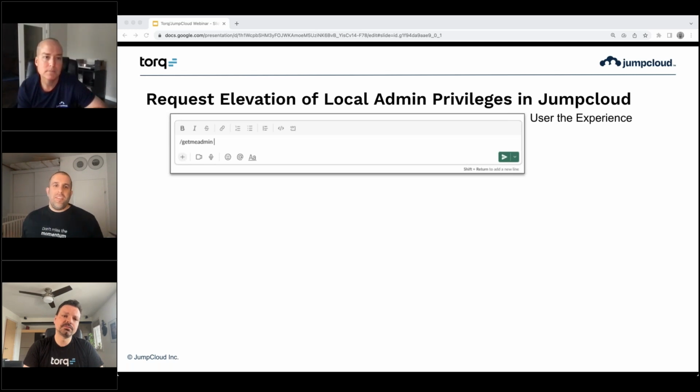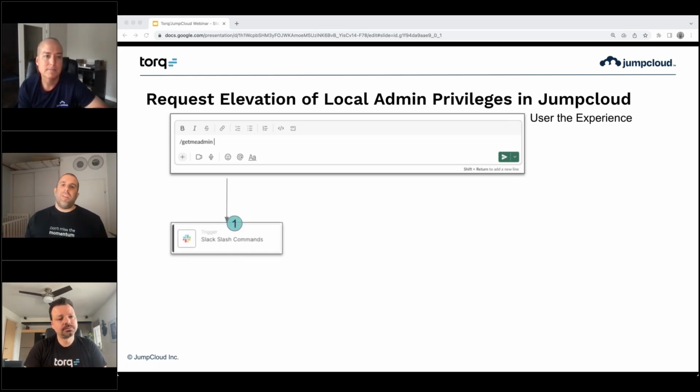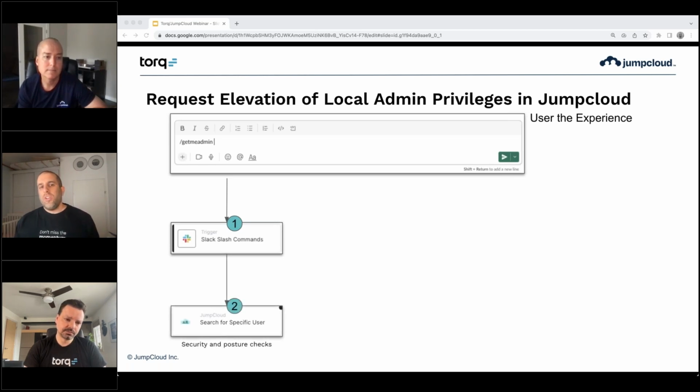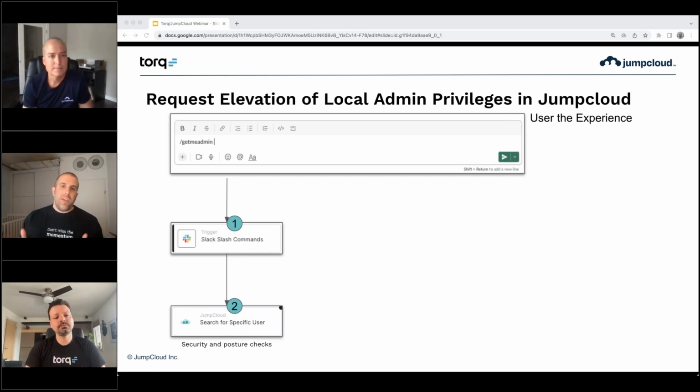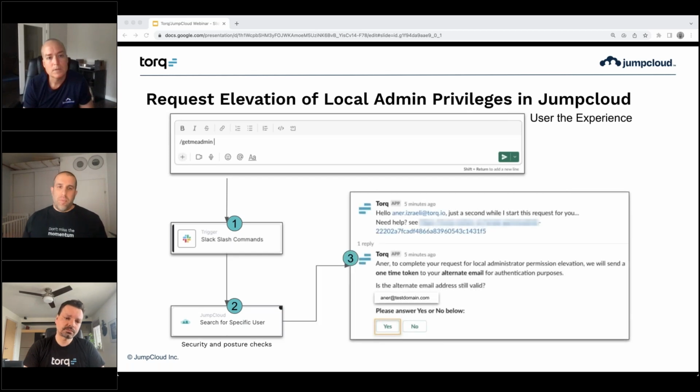So the employee gets to Slack and enrolls in the process simply by running a Slack slash command. The event is then received on Torq's end by the Slack slash command trigger. And we're enriching the workflow context with the requester info by invoking the JumpCloud API through the search for specific user step. In parallel, but not rendered here, a few security and posture checks are running to make sure the request is legit. If the checks are passed, a welcome message is sent, and a message saying that a one-time